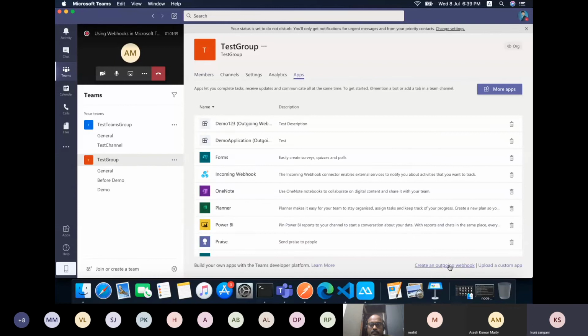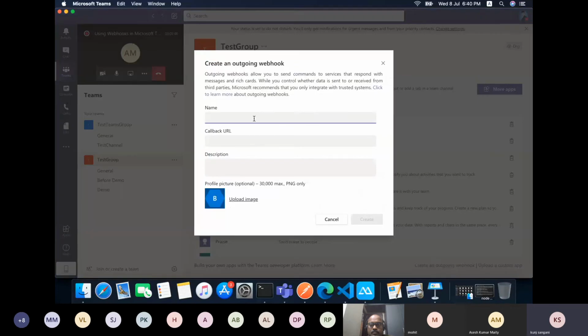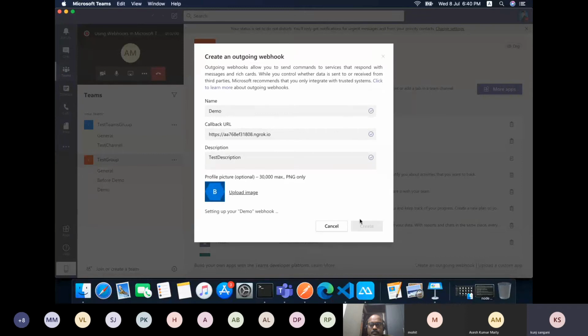If I click on it, I can type the name. This name would be used for the @mention. So if I use demo, I need to provide the callback URI and the description, and I can upload an image if required, and then create it.